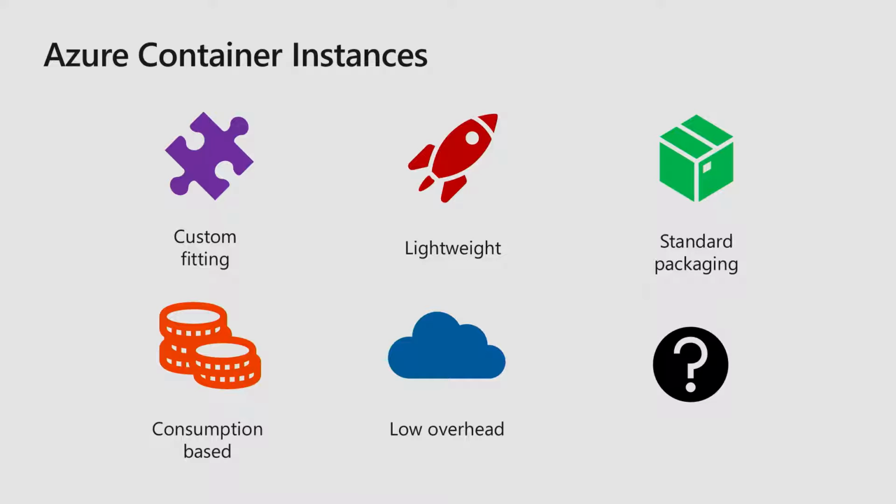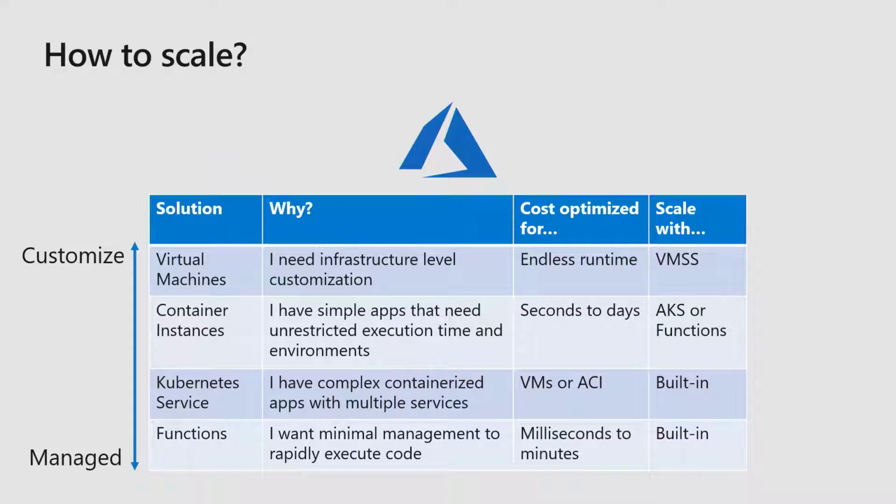And so the missing bit here is autoscaling. How exactly do you autoscale with ACI? Because it doesn't actually include built-in autoscaling. So here is a chart. You've probably seen a lot of charts this week. But at the top of this is